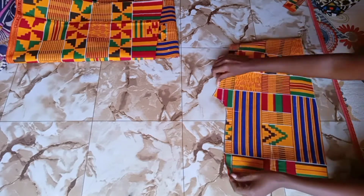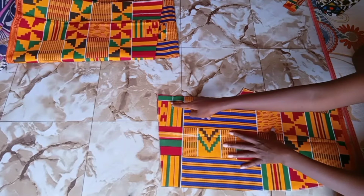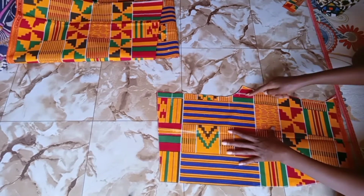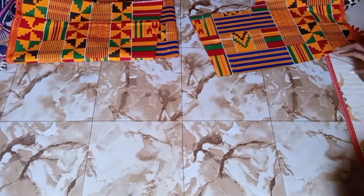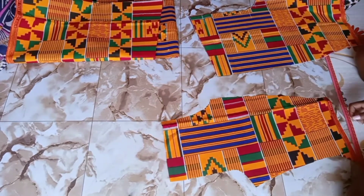I'm going to show you there. Join that part, the crotch area. Join it from the back of the waist to the crotch area. Do a 0.5 inch stitch. It's enough. And then for the front panel,